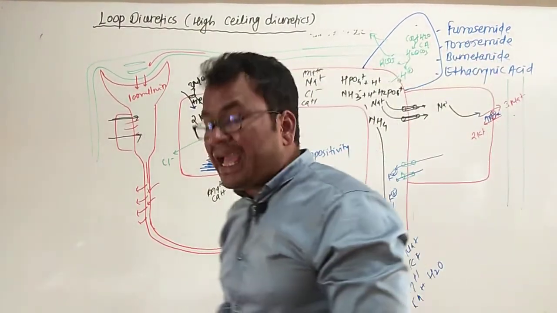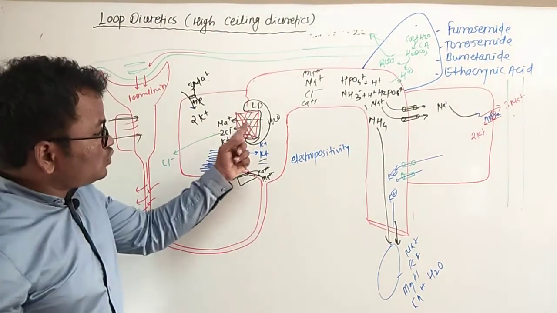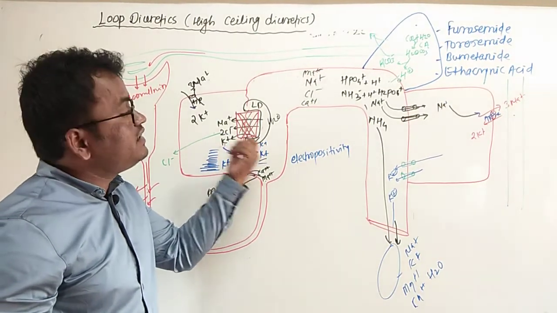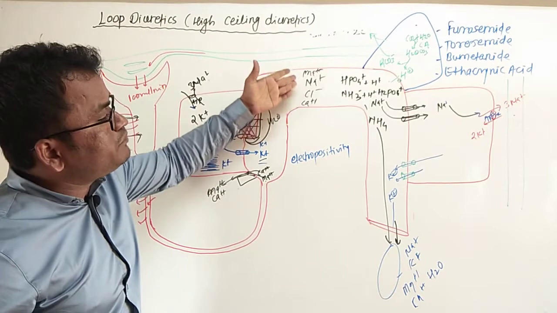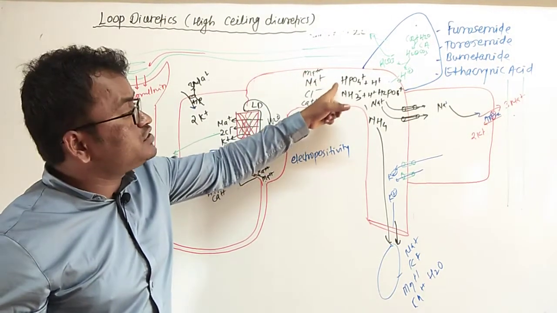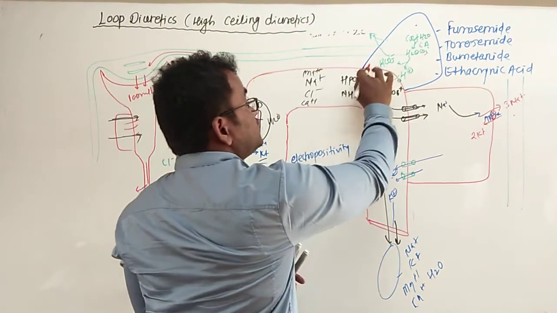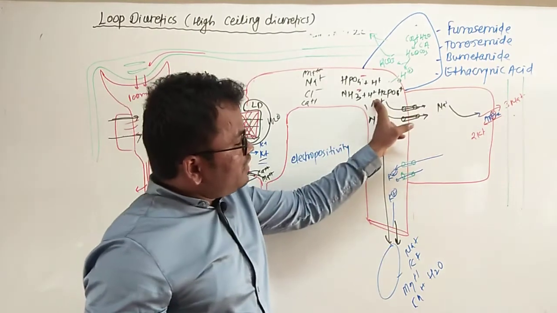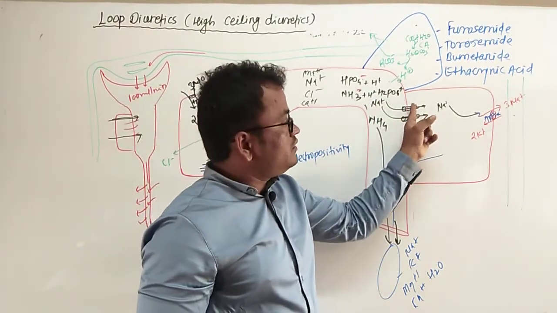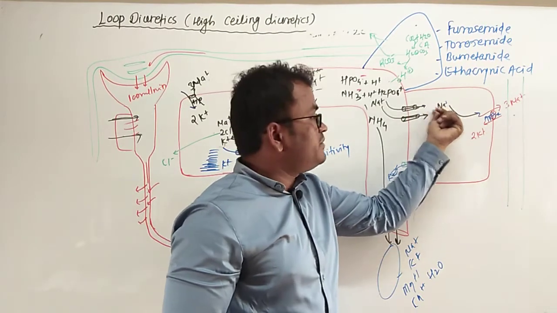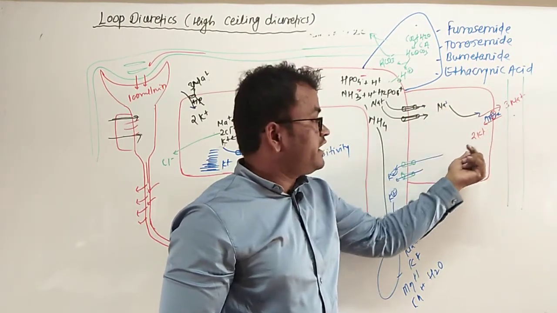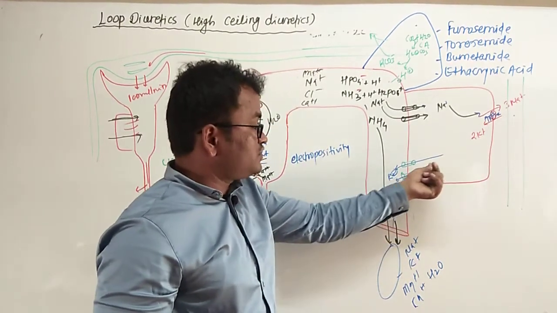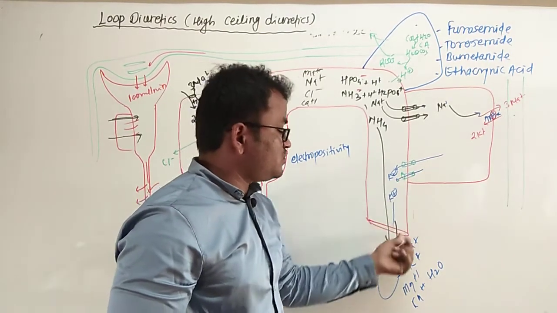Okay, so let's recap once again. The sodium potassium 2 chloride transporter is blocked by the loop diuretics. That leads to maximum sodium chloride, calcium, magnesium, HPO4 minus and NH3 being present in the fluid. So this sodium is reabsorbed in the DCT. With respect to calcium, when sodium is reabsorbed, calcium is pulled back into the cells. Potassium is drawn from the cells into the luminal side, and this potassium is wasted.